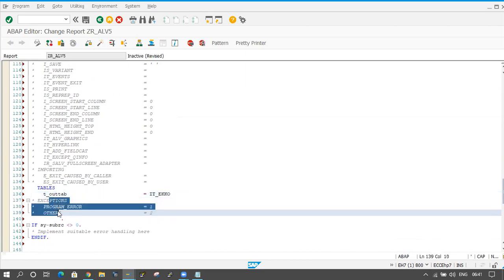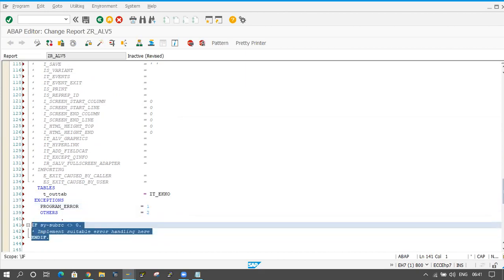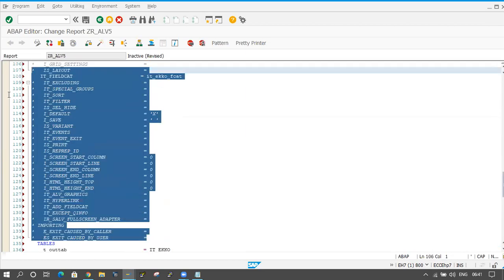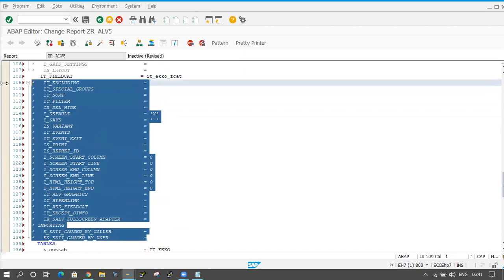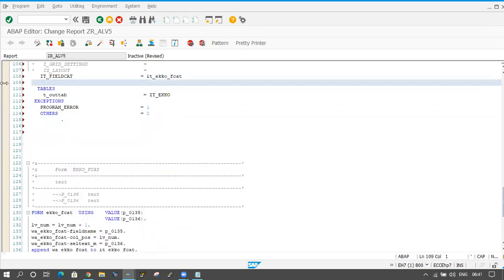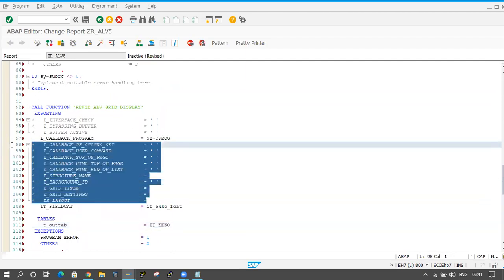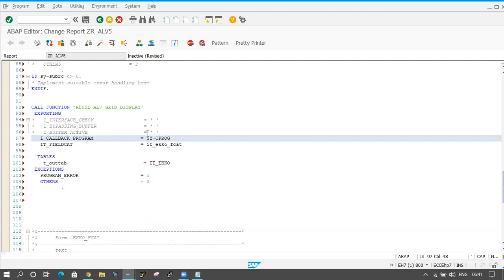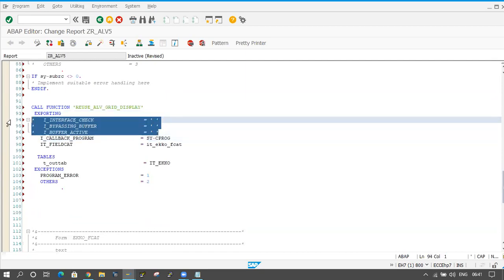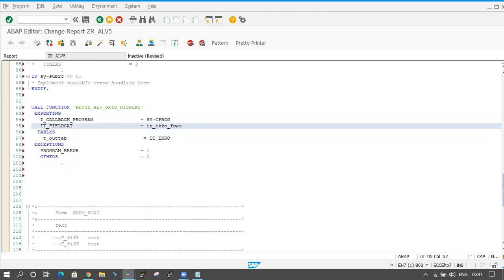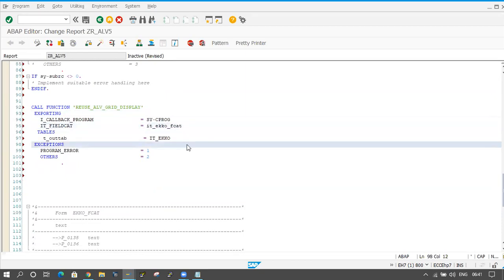Here exceptions are coming. Just uncomment the exceptions here. The size-of condition is not required to mention here, and the remaining things I am removing. So this is the REUSE_ALV_GRID_DISPLAY function module, and before that I am calling one more function module.